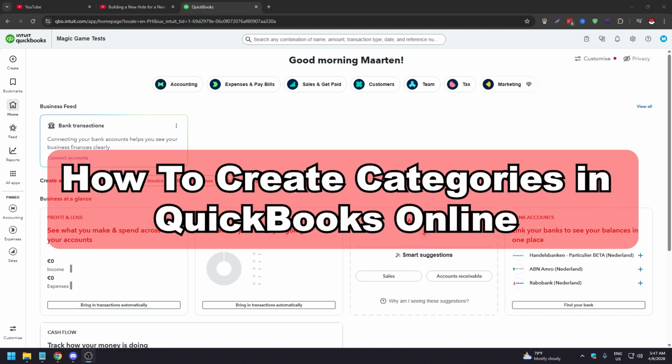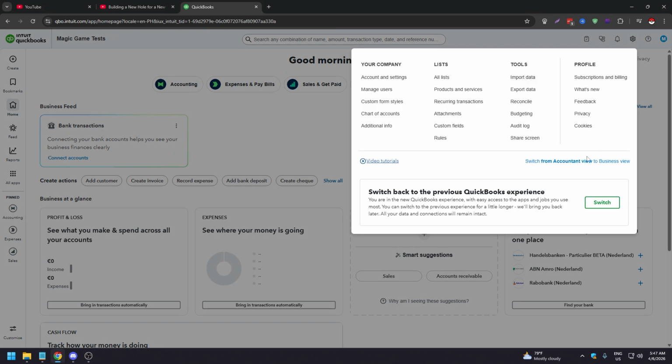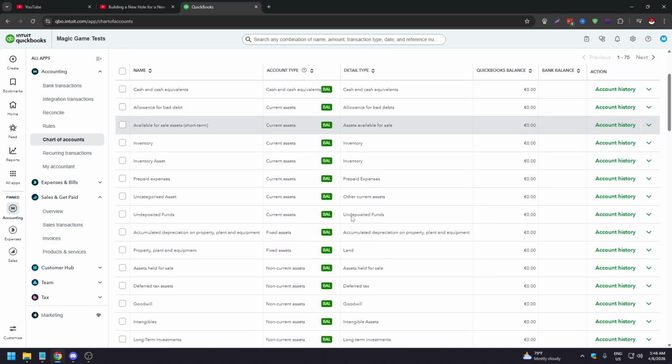In this video, we are going to show you how to create new categories in QuickBooks. Now, in your account, once you're logged in, you want to click on the settings button or cogwheel icon on the upper right corner of your screen, like so. This pop-up will appear. Now you want to click on chart of accounts under your company, right? So click chart of accounts and you're going to be brought to all of the charts that you have on